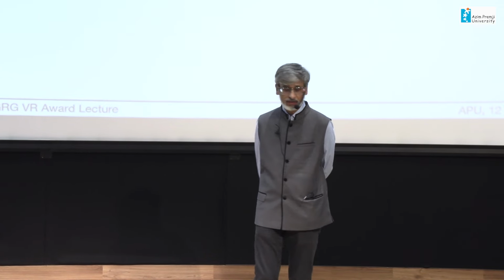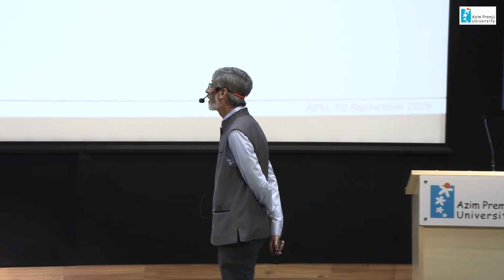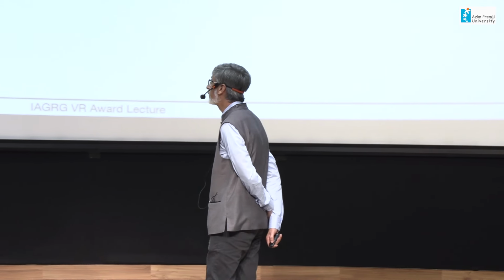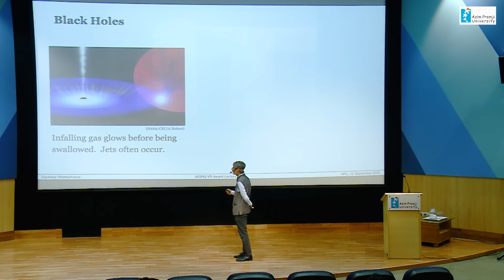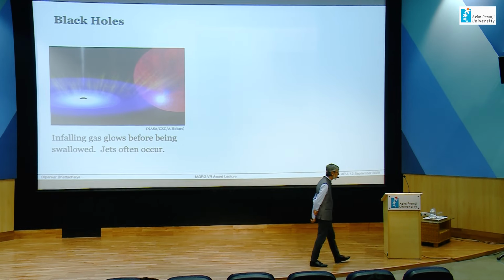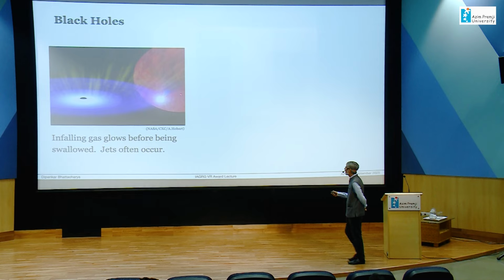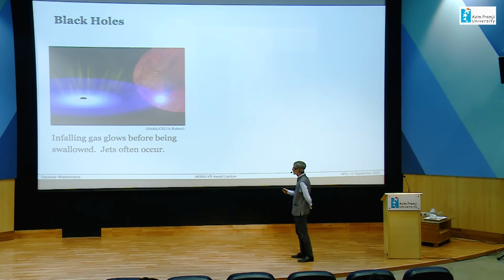Black holes, on the other hand, will not have any surface phenomena that you can see, but the presence of a black hole will be revealed by the behavior of matter that is swirling around it and falling into it. So if a black hole has a companion, matter will come, as I described in the case of a neutron star.